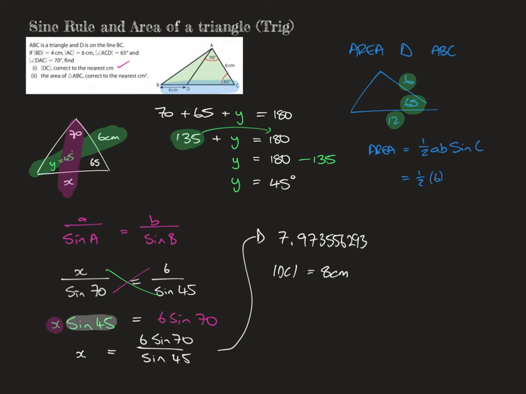So just 1 second, we're almost done. 6 times 12 times sine of 65. And if we type that into the calculator, 1/2 of 6 times 12 times sine of 65, we get an answer of